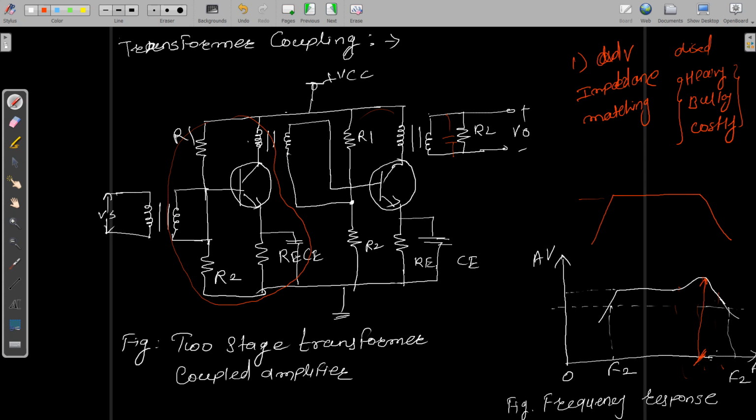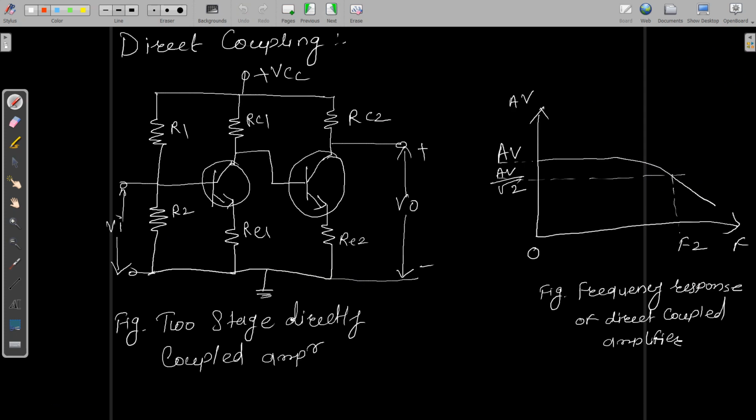Again there is no drift, but hum is present in transformer coupling, and this kind of coupling is used in amplifiers where impedance matching is an important criterion. Remember that. We can say it is used in the output stage of your public address system to match the impedance of the loudspeaker. It can also be used in the RF amplifier stage of the receiver so that it can act as a tuned voltage amplifier. So this is about transformer coupling, and the last one is your direct coupling.